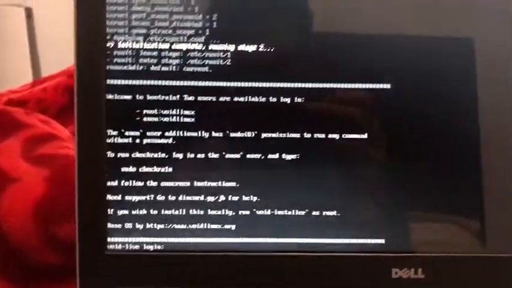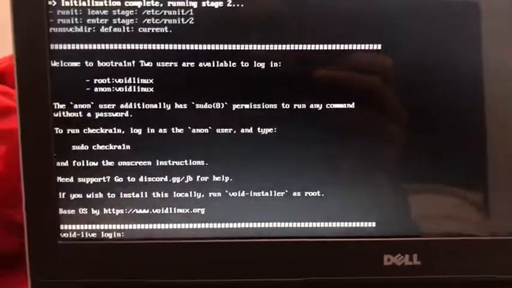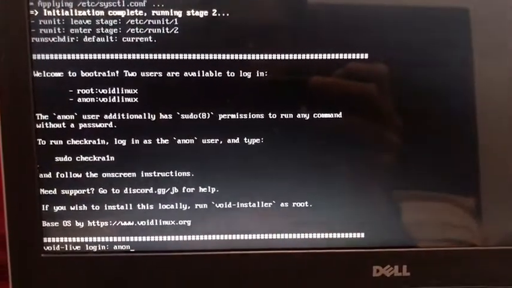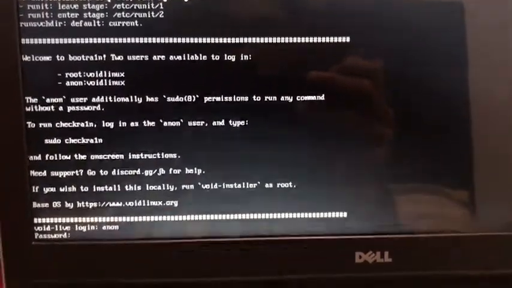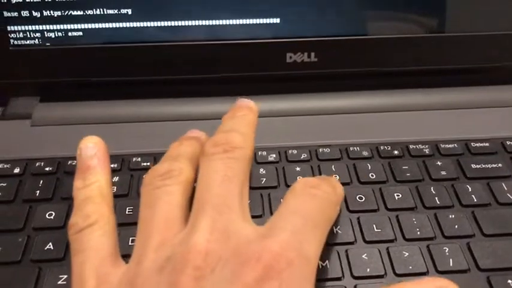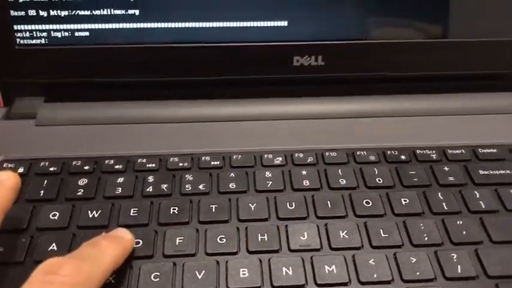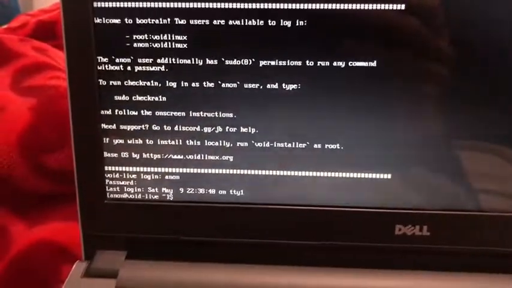You can see now it asks you for the login. The login is anon, then click enter. The password is voidlinux, V-O-I-D-L-I-N-U-X, and then press enter.